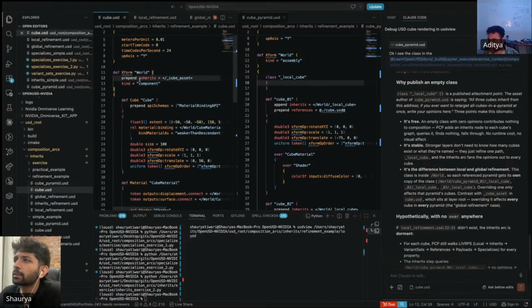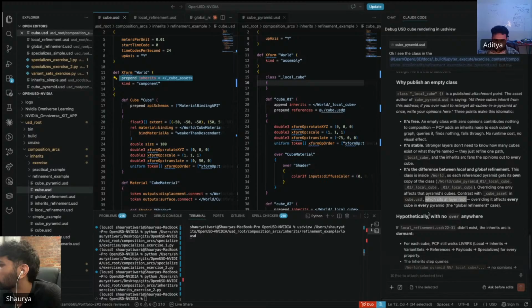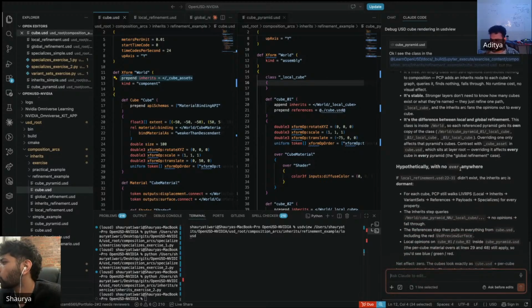This is doing it. Okay. Contrast with cube asset in cube.usd, which sits at layer root. So this is layer root. Overriding it affects every cube in every pyramid. The global refinement case. Hypothetically, with no over anywhere, if local refinement.usd didn't exist,